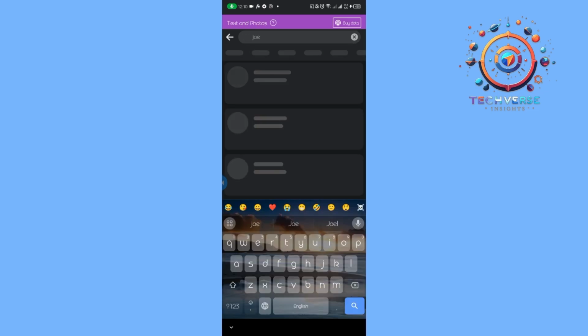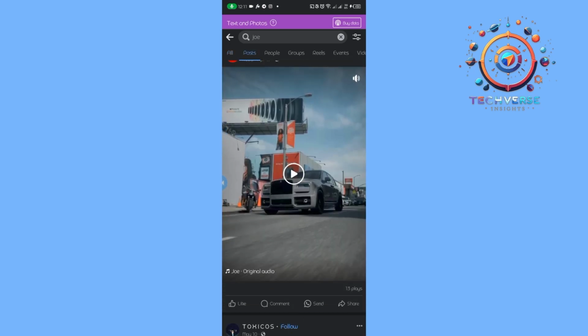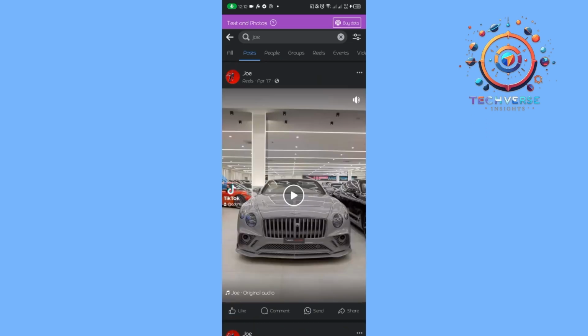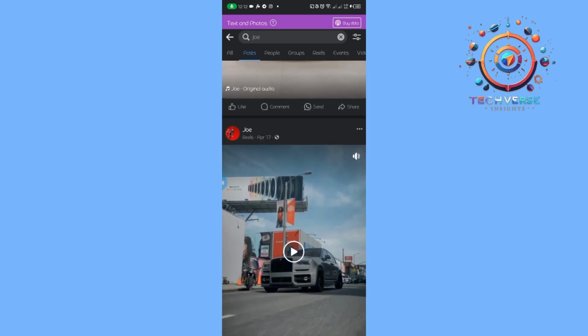And then I'm going to tap on the search and then check on the posts. And from there, I can actually see the posts that I have. Then, as you can see, once you've searched for yourself, you can see the posts that you had already